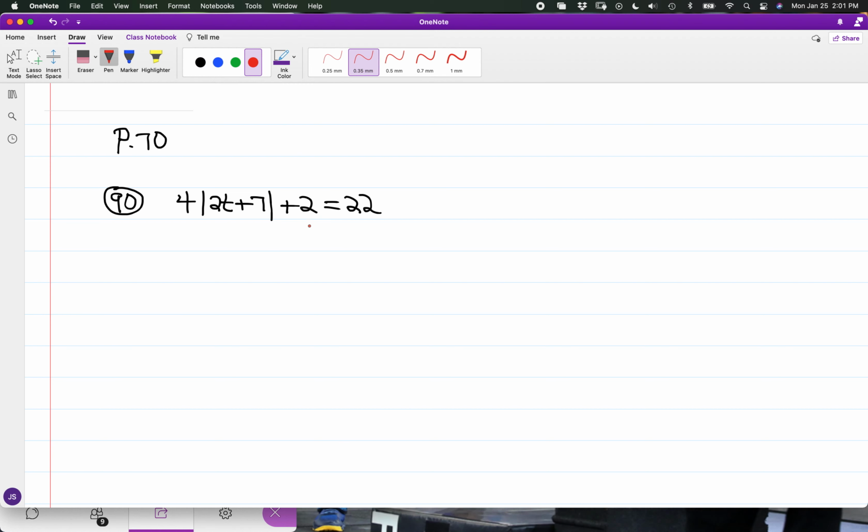And the first part is that we can move the 2 that is added over to the other side by subtracting. So at this stage, we have 4 times the absolute value of 2t plus 7 is equal to 22 minus 2, which is going to be 20. And again, we're going to take care of the 4, not by distributing, but by dividing. So if I divide both sides of the equation by 4,